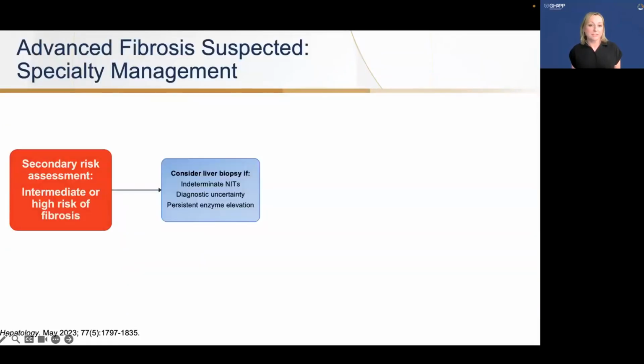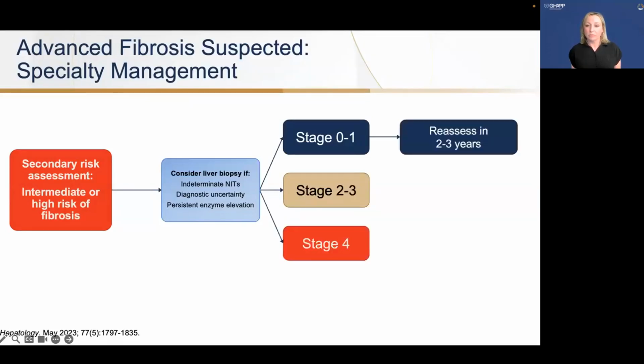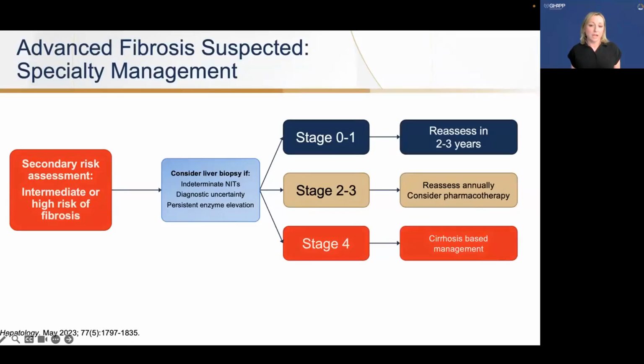So once advanced fibrosis is suspected, either clinically, through non-invasive testing, or by imaging, then hepatology really should take the lead. The fibrosis staging helps guide management. Even if patients get referred to hepatology and we do more testing, we find that they're really low risk for fibrosis, they may be referred back to primary care with a recommendation to be reassessed every 1 to 3 years. For patients that have more moderate fibrosis, so this would be a stage 2-3 fibrosis, we typically reassess that fibrosis staging annually, and we would consider pharmacotherapy to help to slow that progression, maybe even regress some of the fibrosis and steatosis. And then in stage 4 or cirrhosis,